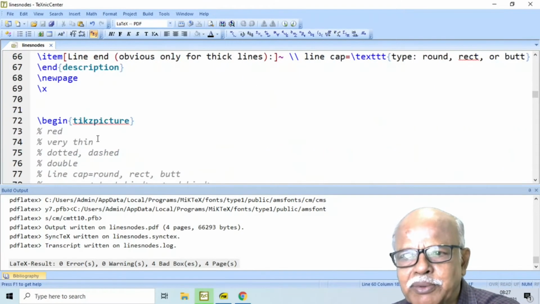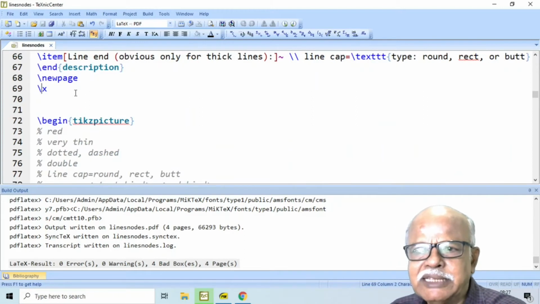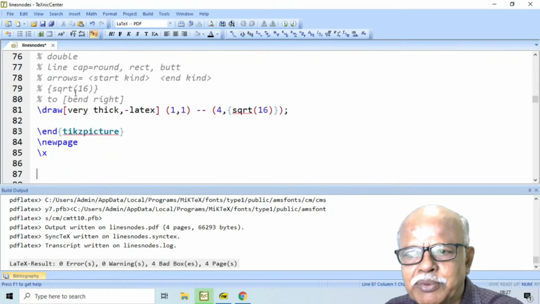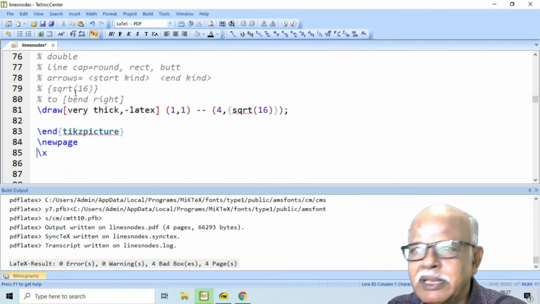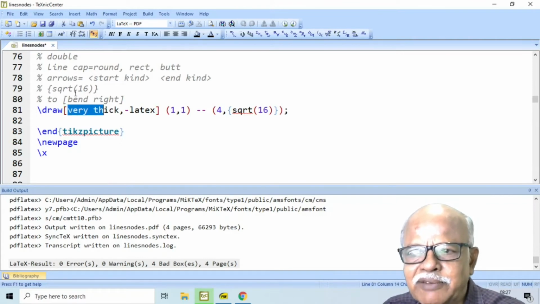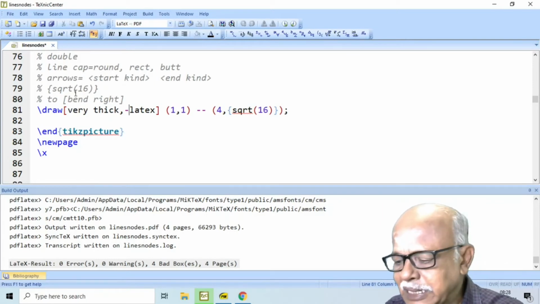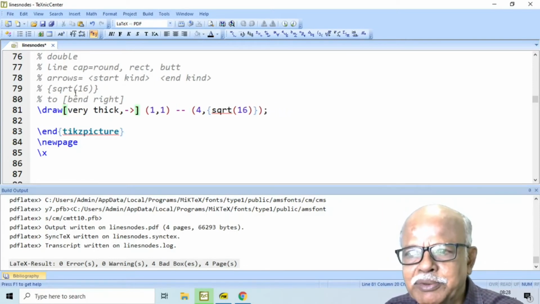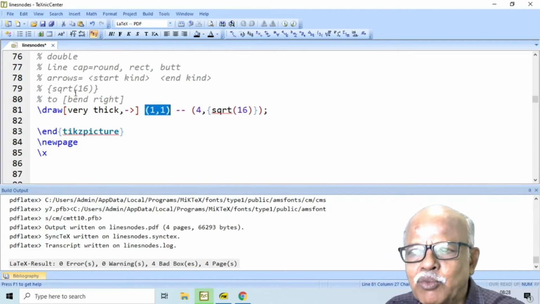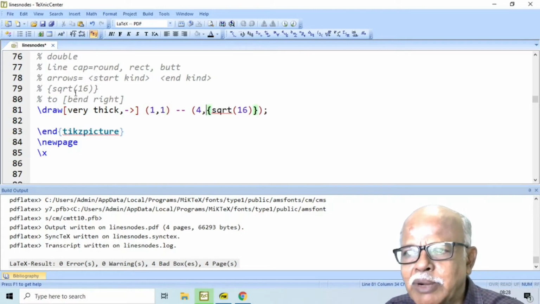Now, let us consider such a case. We draw a line which is very thick, and we use, let us say, an arrow from 1,1 to 4,4.